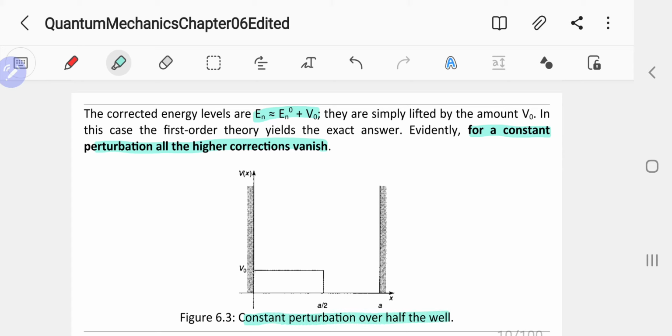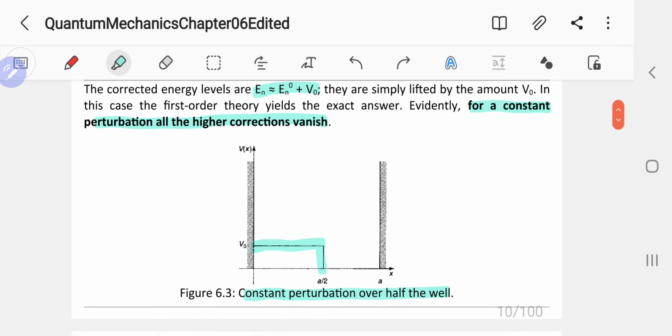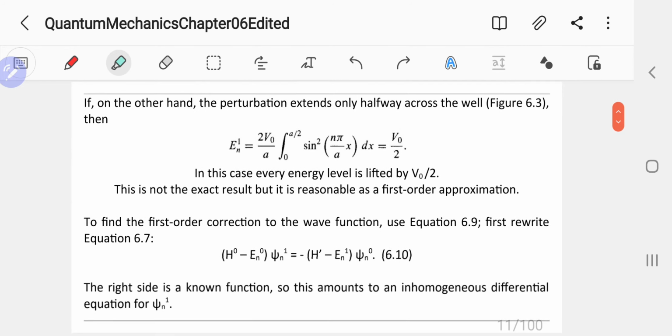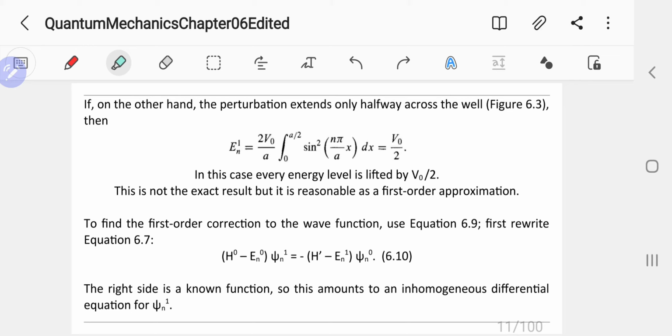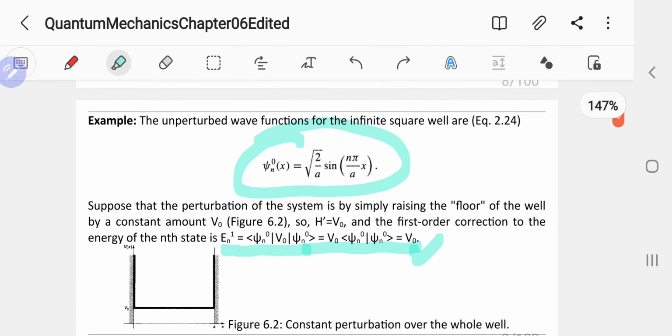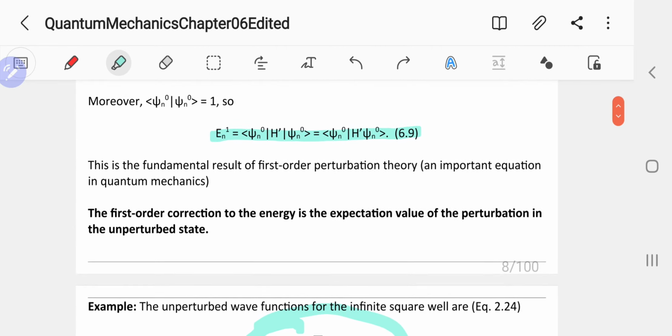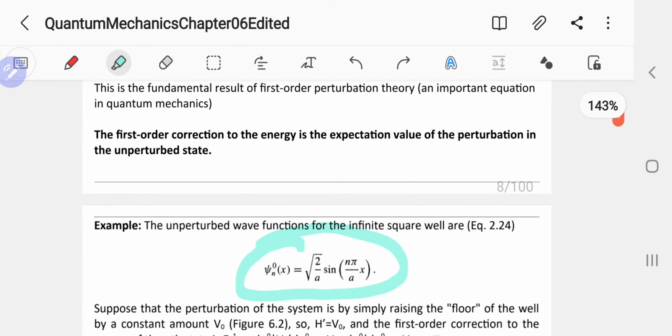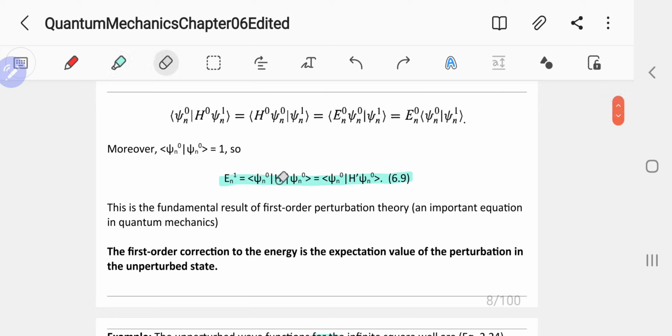If the perturbation is only here, not the whole thing, what will be the energy, or the corrections to the energy? So again, using this formula here,